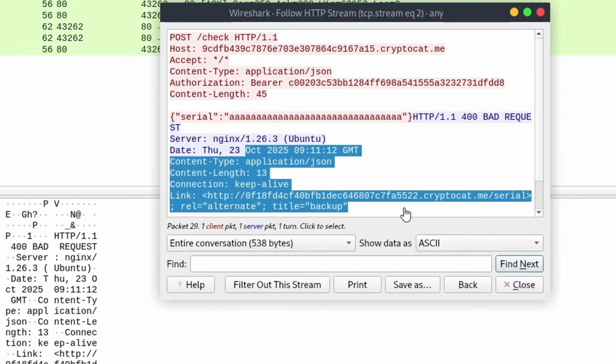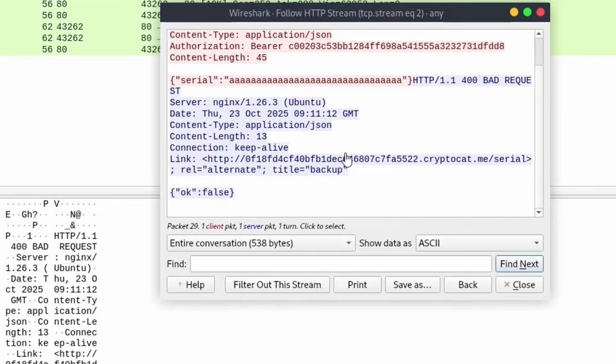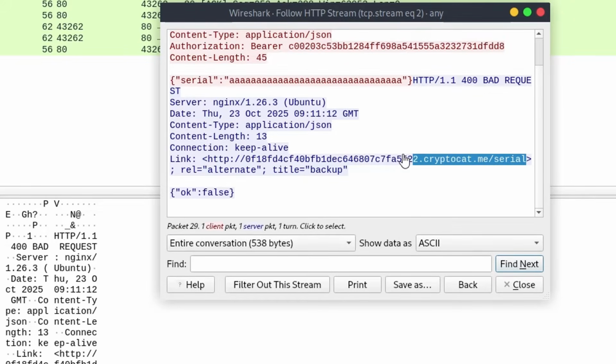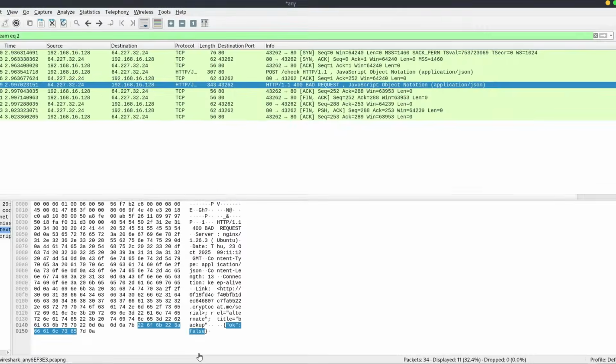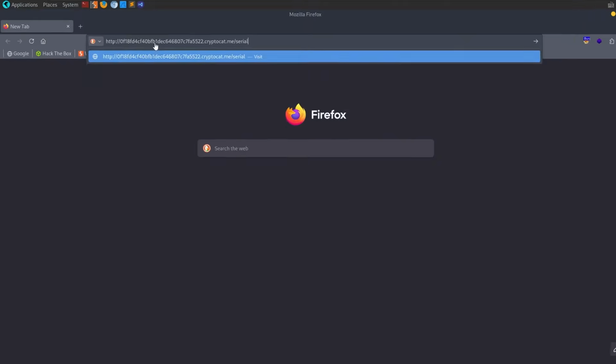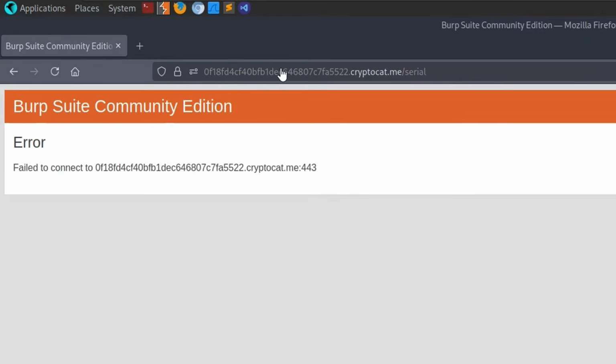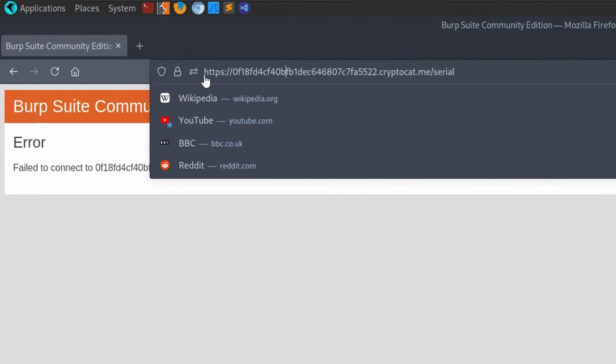But if you notice the HTTP headers of the response, one of them is this link, which has a different subdomain. This is a different one to the subdomain that the challenge is on. And it also has an endpoint called serial and a title called backup, which sounds pretty interesting, right? So maybe we would take this and go to our browser, try and paste that in, see if we can access it. I actually can't, and I did see that some people were able to do this who solved the